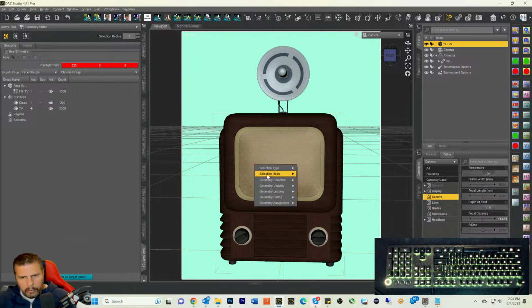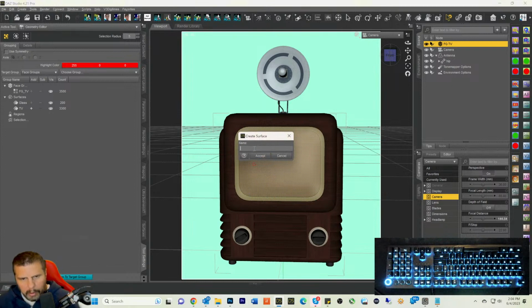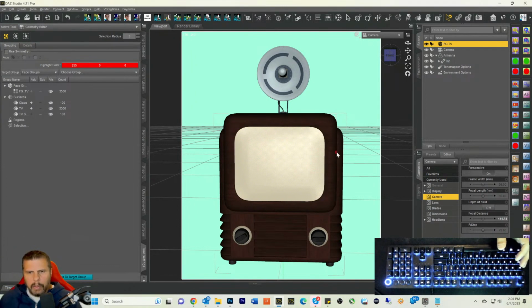All right, create geometry assignment, create a face group. I think surface from selected. TV screen. It doesn't have to have that border thing. So let's see now. Now I can put